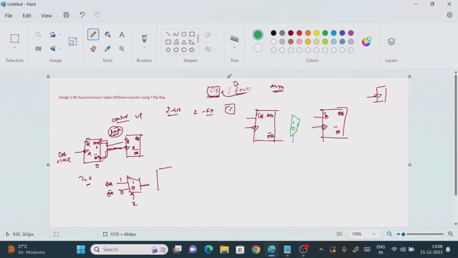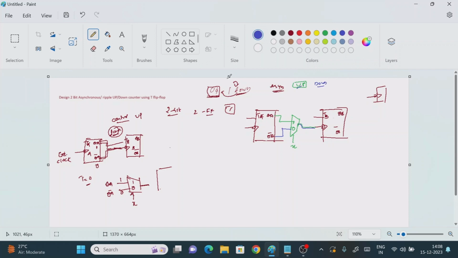Based on the 2 to 1 multiplexer, we will have a single selection line. Now see that when QA is connected to this input, then the output of this one is connected to this one. So at that time it will perform the up counting operation. For example, if you want to perform the down counting operation, what you have to do is connect the QA bar. QA bar means 0, that should be connected to the output, so you will be getting the down count value.